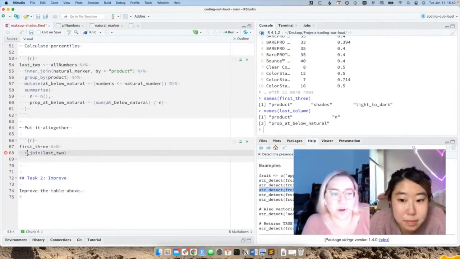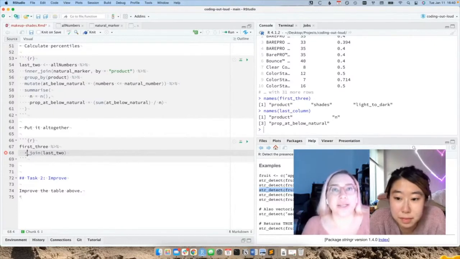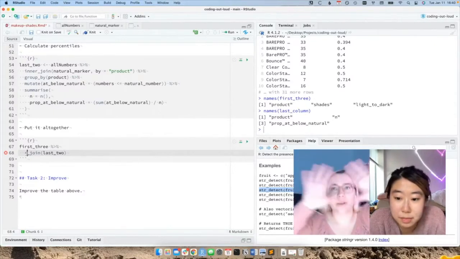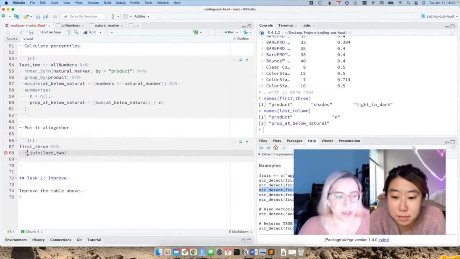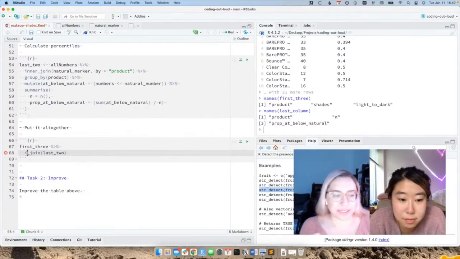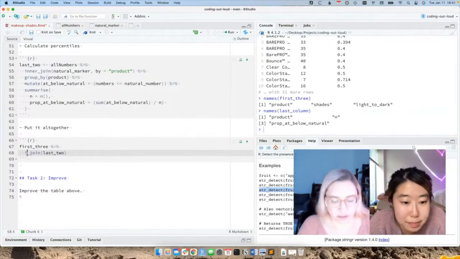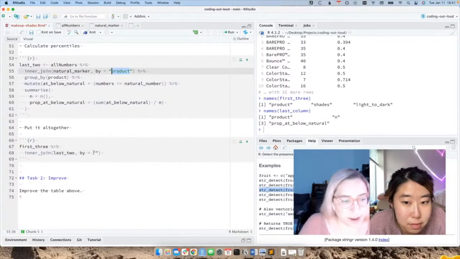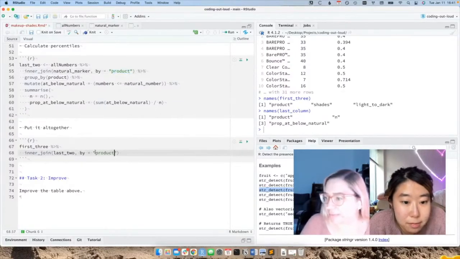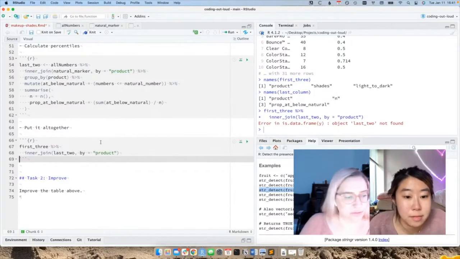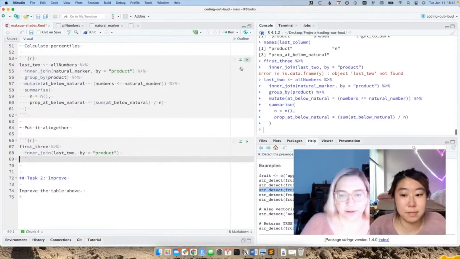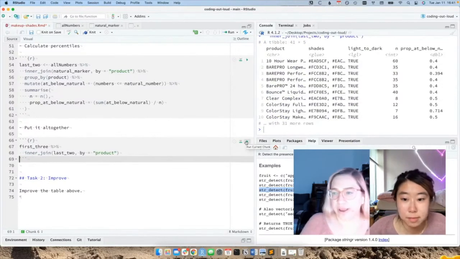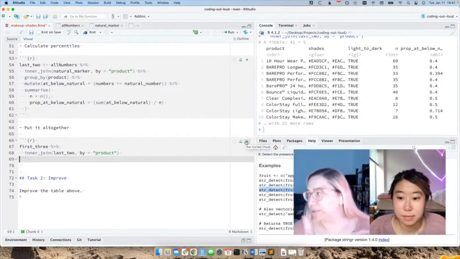And since we said we don't want any NAs in our table, we probably just want anything that we can fill in the full information for. So we want a join that will give us the intersection of these two. Which one was that? The inner join. Inner join, yeah. Okay. And because I get confused, even though this may be obvious to others, we're going to leave the by here. Oh, what do you not want? There we go. Okay, so we have product, we have our shades,